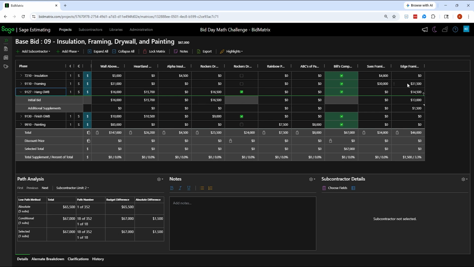Why is that? If you get awarded the job, put the bidders back in and do one more analysis before you start buying the project out. Make sure that you did come up with the lowest combination. Was there another bidder that I should have used that I didn't have time to, oh shoot, yeah, I missed that number, or anything of that nature. So even those can bring in benefit.